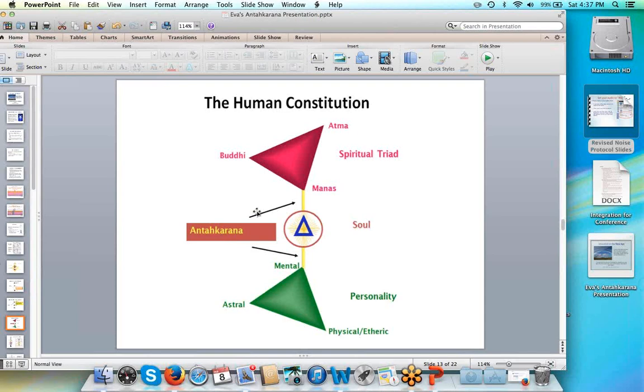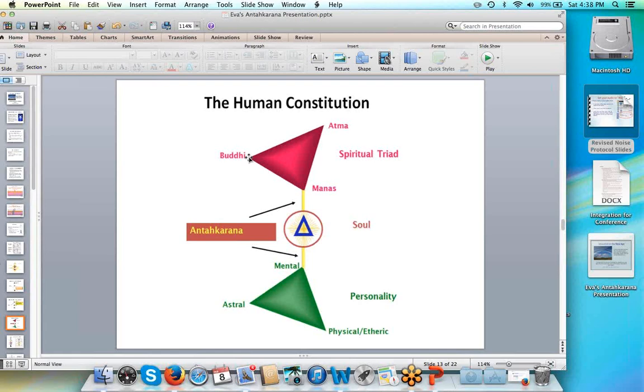And then from there, you build the higher Antahkarana through the spiritual triad, through manas, which is higher mind, buddhi, which is really true love, love that most of us can't even fathom, because this is love without any conditions. This is what they call pure reason,